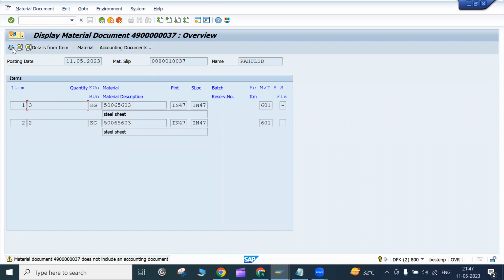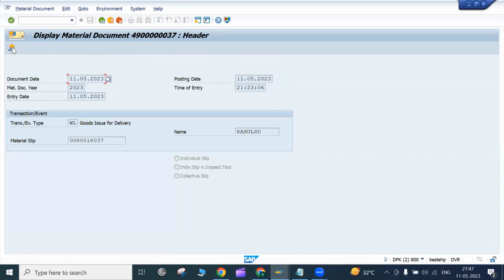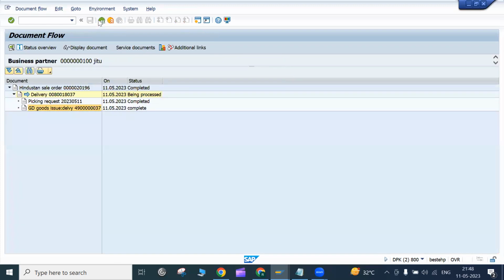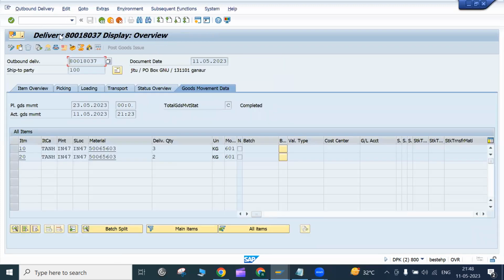Okay, now the material document is also at the header level and at the item level. This will show you the details of the materials posted. Now the next step after delivery, you have to create an invoice. What we have done: we have created a sales order, we have created a delivery, and now we have to create an invoice. The transaction for invoice is